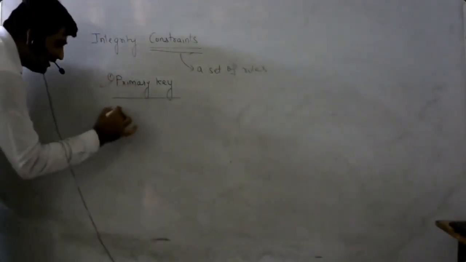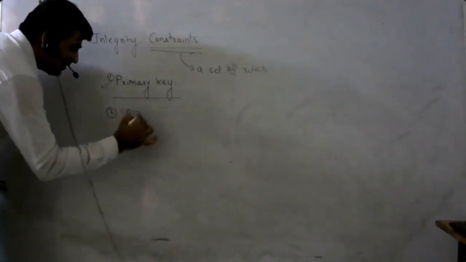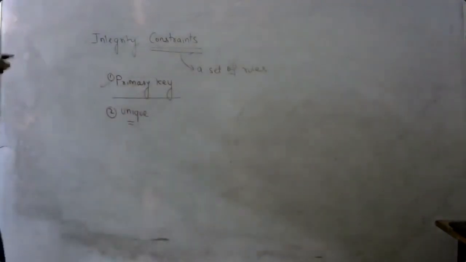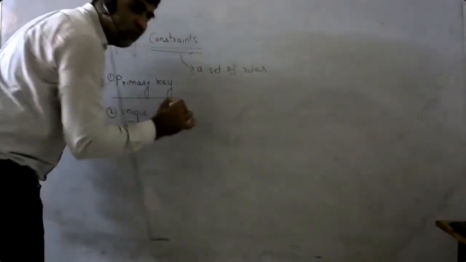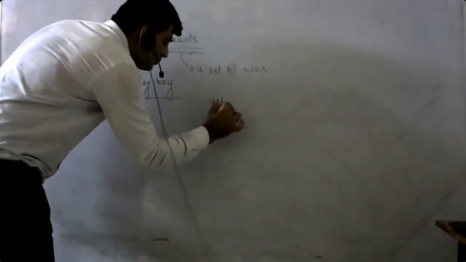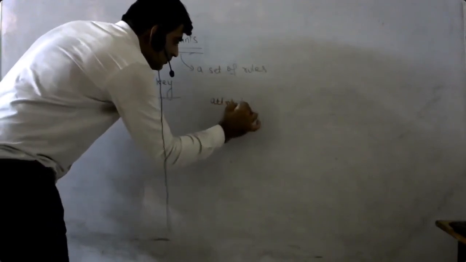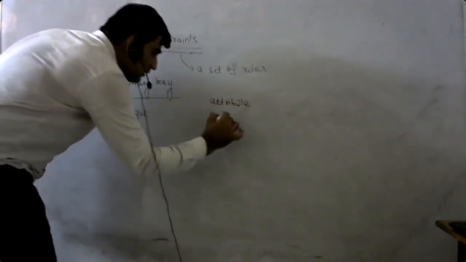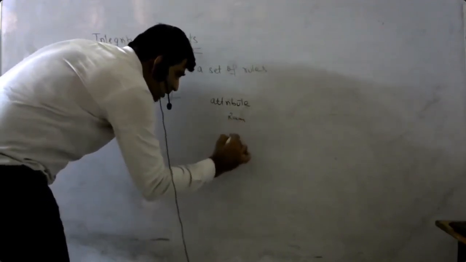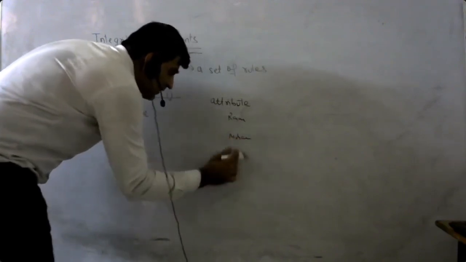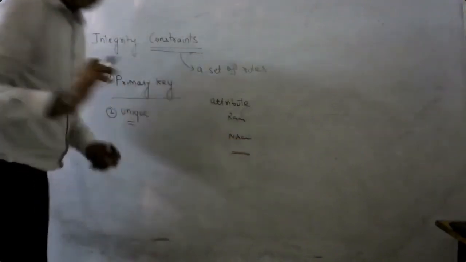Now we talk about the unique key. What is a unique key? We have covered the primary key constraint. Next one is the unique constraint. Unique constraint means that for a particular attribute, in different tuples, there must be unique values. Like here Ram, Mohan, but in some cases we don't pass the value, and that's okay.